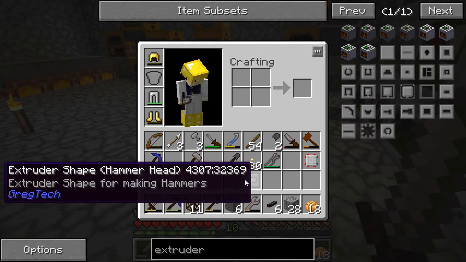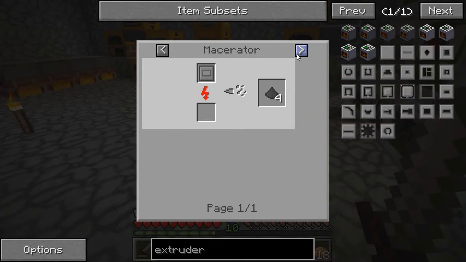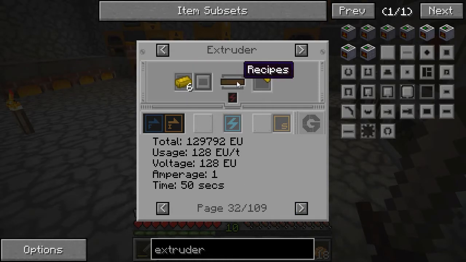And if you end up making an extruder shape that you don't want, you can throw it into a macerator and get back your 4 steel. So it's not a complete waste of steel. You get it back if you really need to. But basically, if you put that into the extruder with, again, like I said, the appropriate number of ingots of whatever metal you want to make it out of, you're going to make